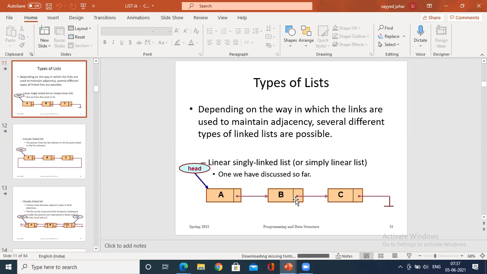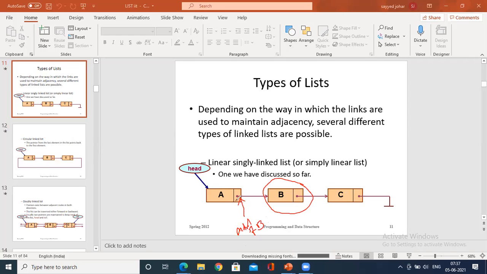For example, for B, if I say the address of B is here, this node consists of the address of B, so that the list could be connected.